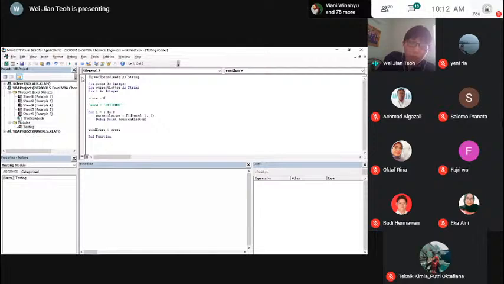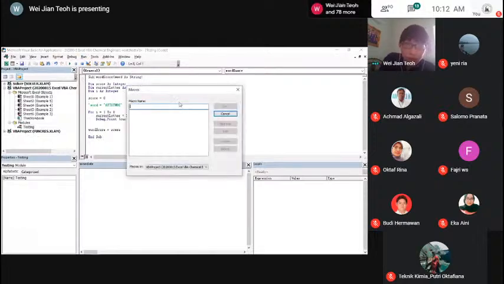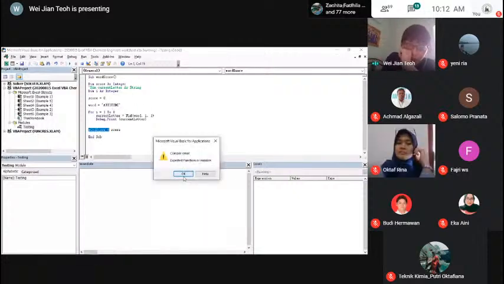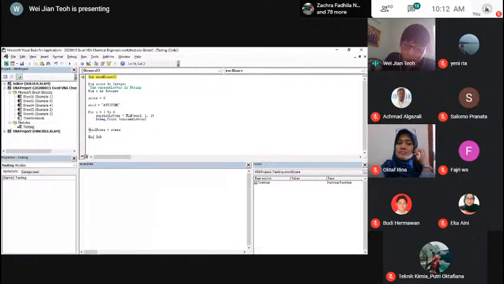So let me just change this back to Sub so I can run it here. I'm going to End Sub here. Then I click run. Let me use this word for testing, and I'm going to shut down this current letter here just for testing purposes, and click run. Function, okay. Shut this down.